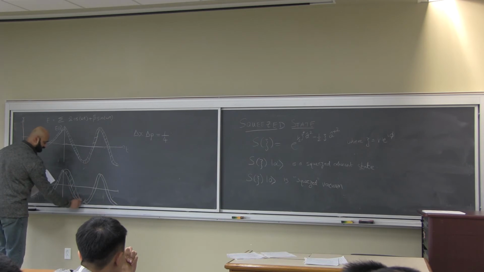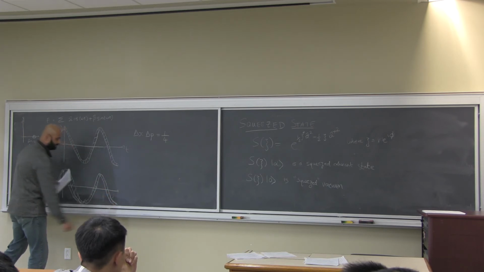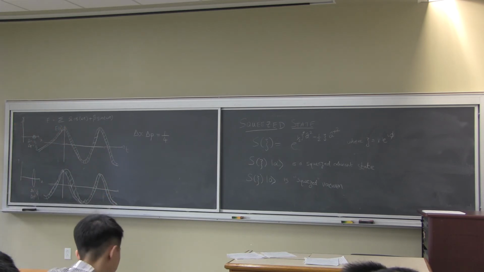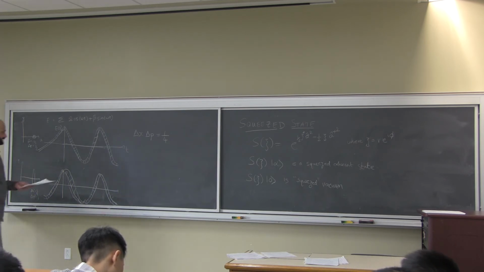Sorry, this is not very perfect. Maybe I can even sketch it out on Mathematica or something and show it to you next time. But this is the general principle of it. Okay? So again, it still satisfies delta x delta p is equal to 1/4, but because the uncertainty has been